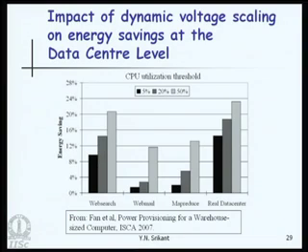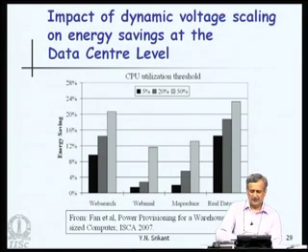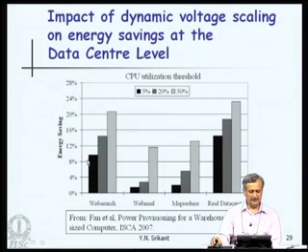So, let us say I have reduced the voltage, dynamic voltage scaling has happened, I have reduced the voltage of the data center. Now, the CPU utilization has come down by 5% because of this, then I cannot tolerate any more, I am going to increase the voltage back to its normal. So, if this threshold is only 5%, then I will be running the data center most of the time at the highest voltage level, and only a very small number of times am I really going to reduce the voltage. So, the saving is quite less, about 8 to 10%,